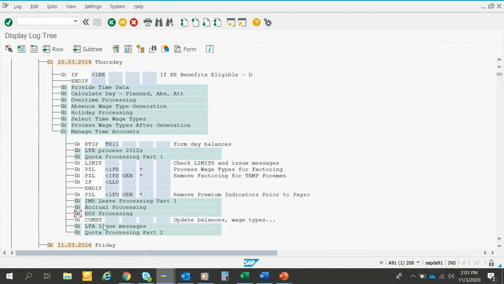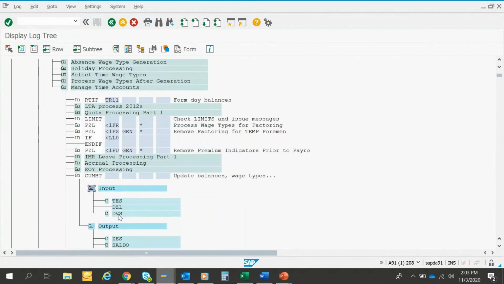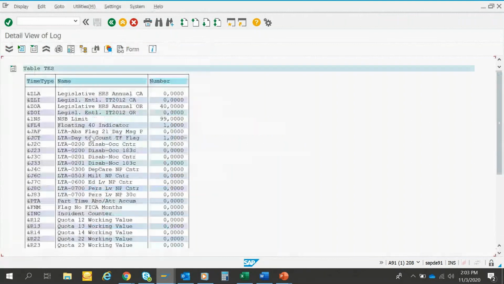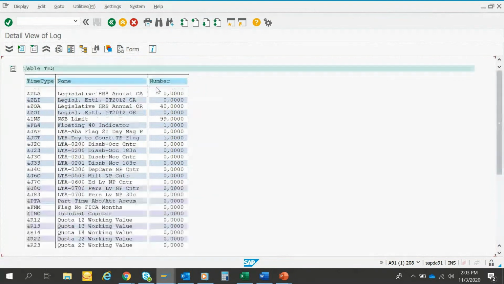So see this. This is the document icon. If this icon is there, that means data is there inside. Then we can double click inside and we can see. So these are all the time types, and for all the time types, there is a number which is days or hours, but not amounts. In time management,